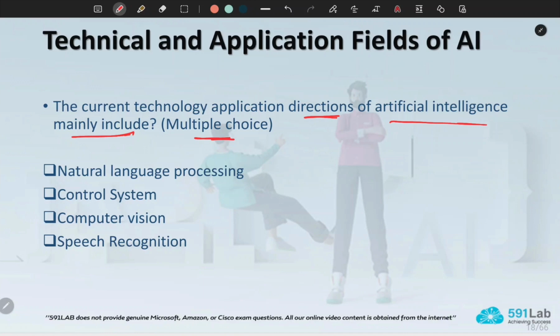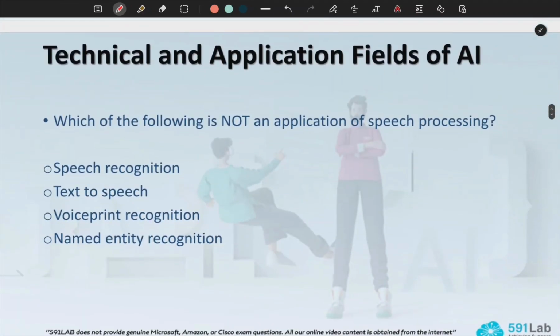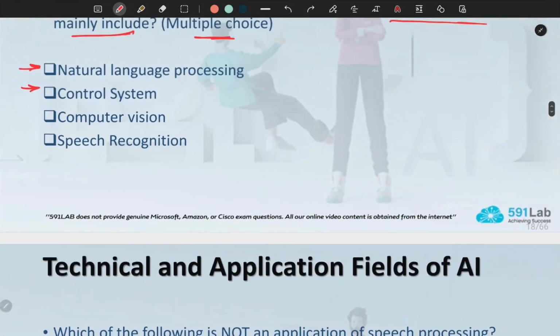As I said before, if the choices have a square in front of them, then it's a multiple choice. You can choose more than one correct answer. If the choices have circles in front of them, this is a single choice question, and it has only one correct answer. This is the style of the Huawei HCIA-AI exam, and I'm following the same style here.